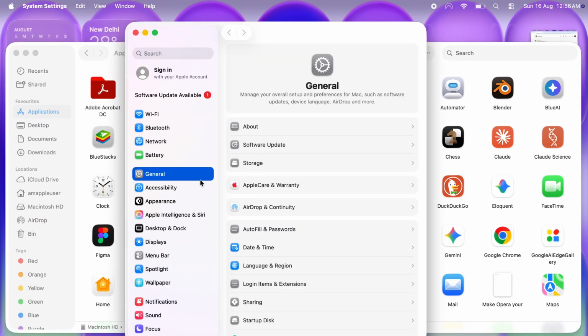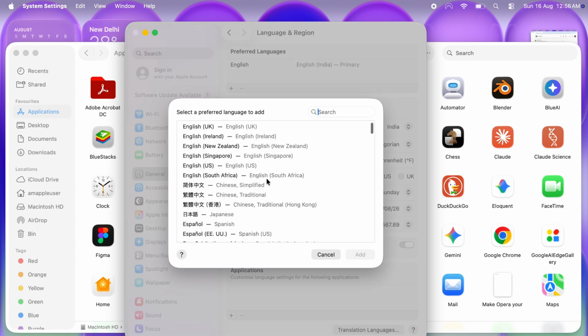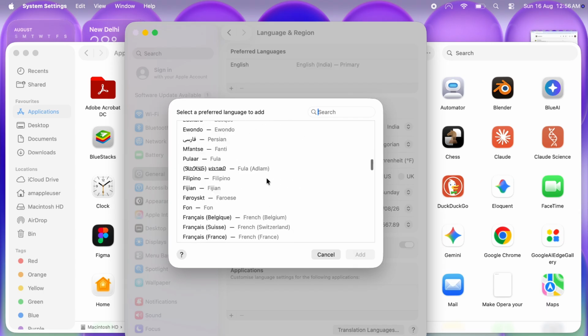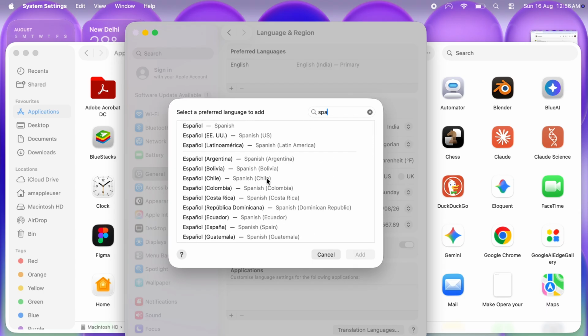In System Settings, go to General and we'll be having this language and region. Click it. Here we are having the preferred languages. Just click on this plus, and here we are having these many languages to choose from. So just search for the language of your choice, click it and select add,